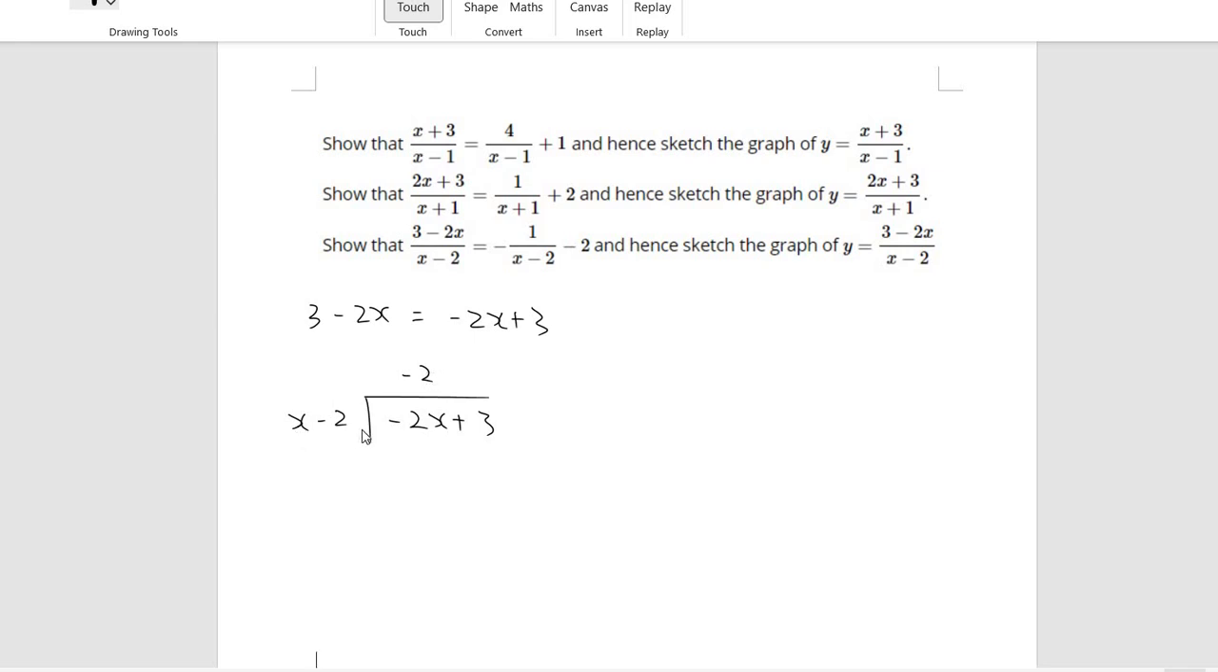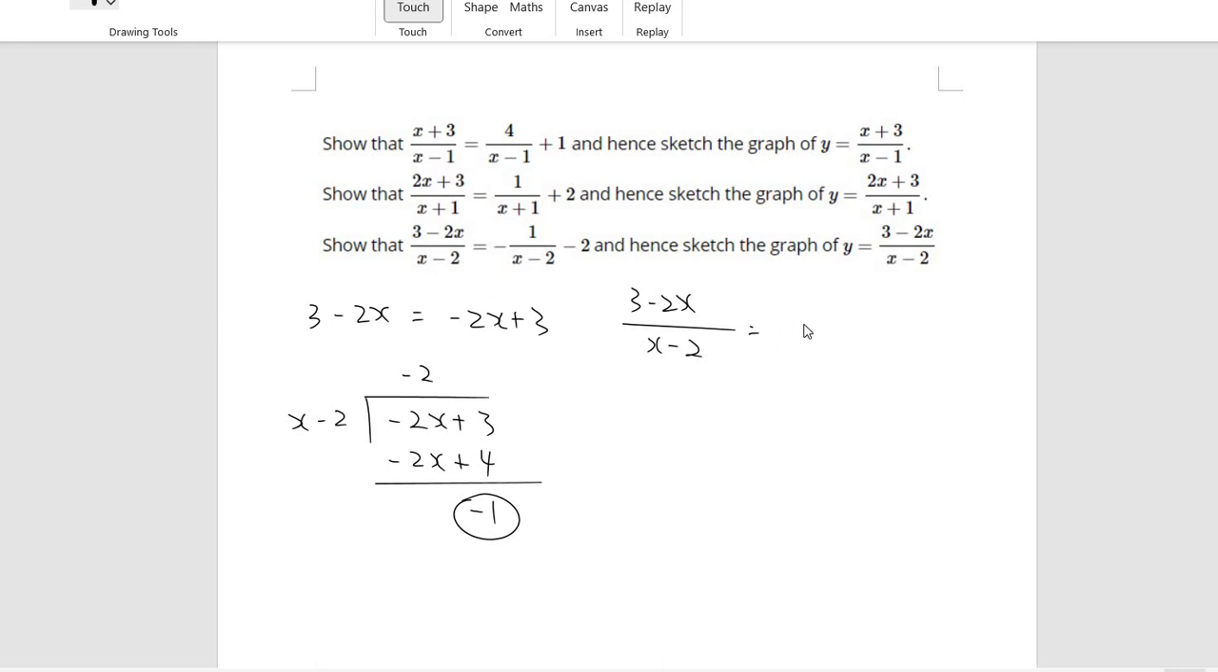Then if you go with -2 times x minus 2, that should give us -2x. Negative 2 times negative 2 gives me positive 4. Then 3 take away 4 should give me negative 1. There we go. The remainder is negative 1. So if I put all of these together, that implies that I can rewrite 3 minus 2x over x minus 2 as equivalent to, you can put a remainder at the end,